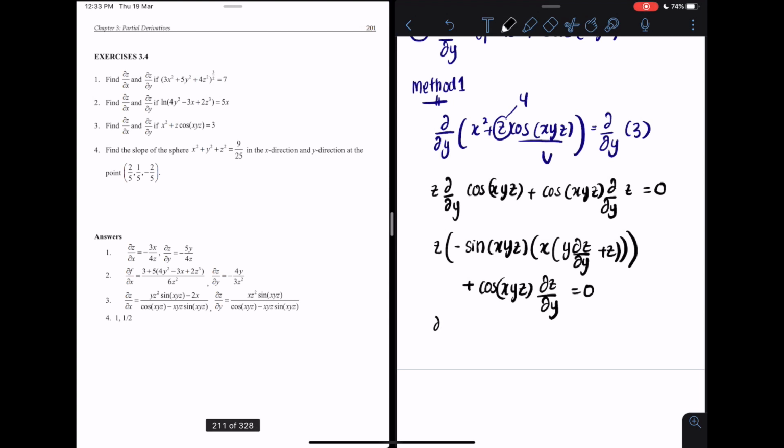So in this case, del z del y belongs to negative xyz sine xyz, plus cosine xyz equal to